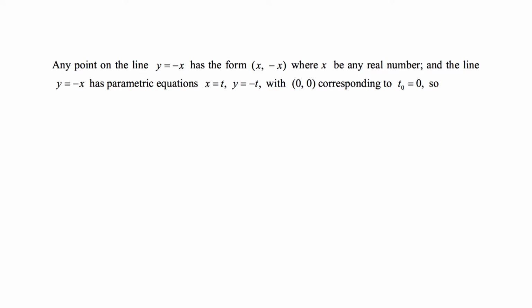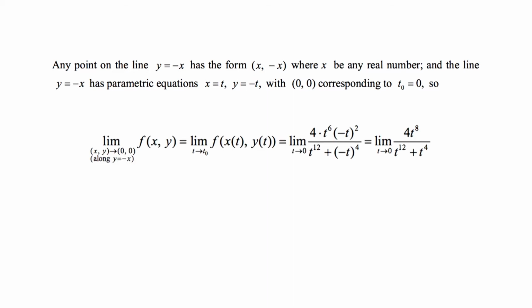Any point on the line y = -x has the form (x, -x), where x is any real number, and the line y = -x has parametric equations x = t and y = -t, with (0, 0) corresponding to t₀ = 0. So, the limit as (x, y) approaches (0, 0) along the curve y = -x of the function f(x, y)